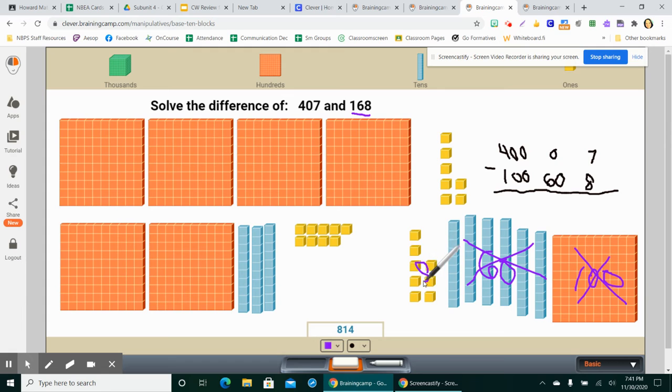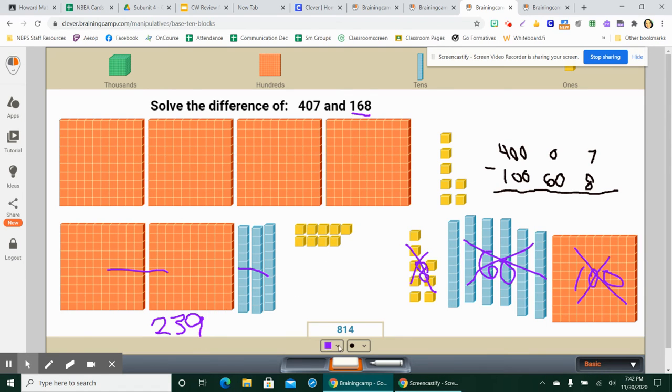And this is my 8. And so it shows that I have left 200, 30, and then here I have 9 left. So